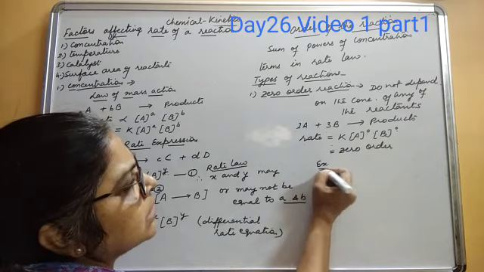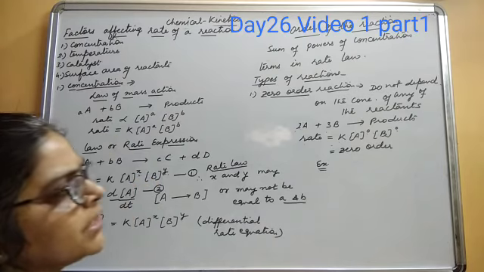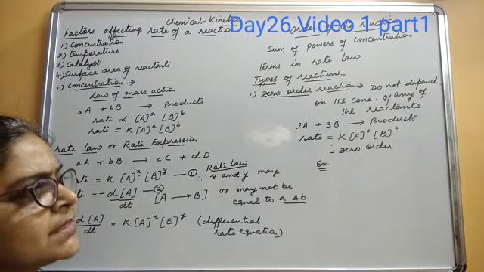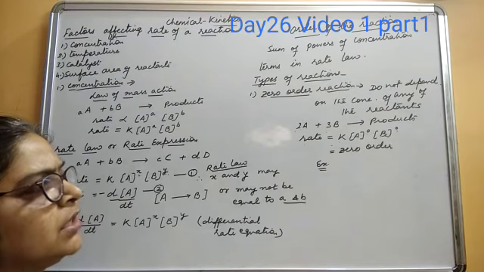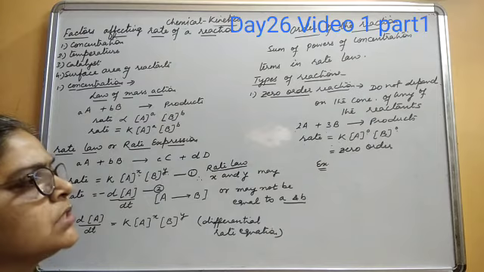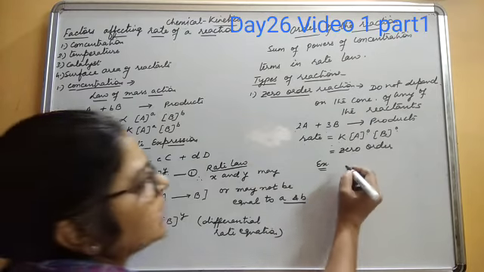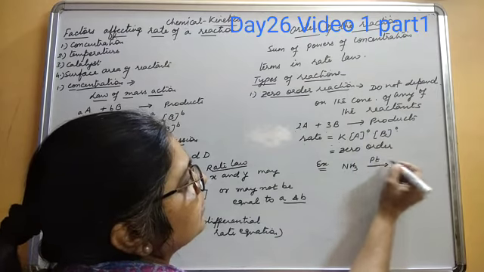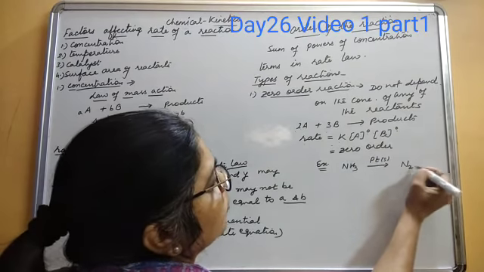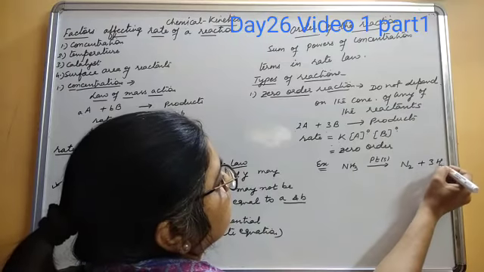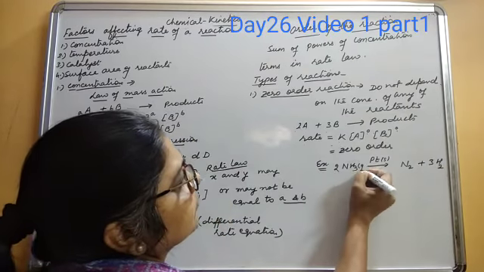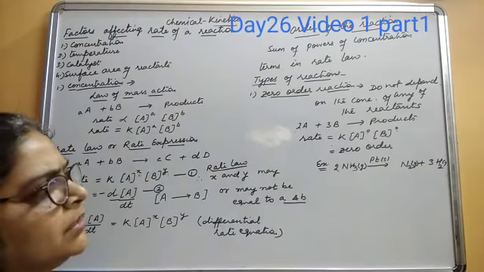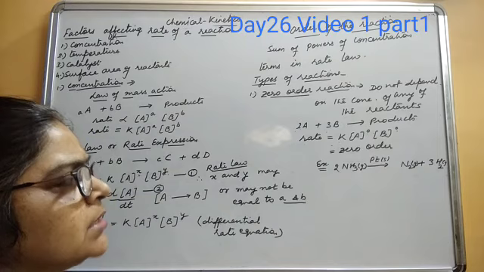Generally, these reactions are those which take place on metal surfaces, by absorbing gases on the metal surfaces, and then their decomposition takes place. Those are generally zero order reactions. For example, decomposition of ammonia on a platinum surface to form nitrogen and hydrogen. When gases get absorbed on the surfaces, the reaction takes place and it starts.